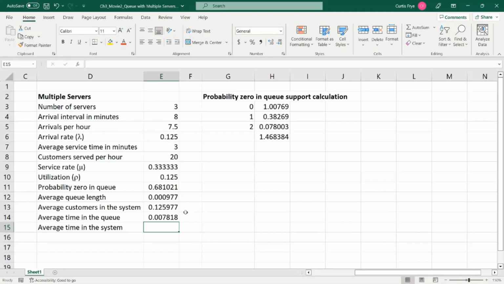And the average time in the system is the average service time plus the average time in the queue. So that will be E7 plus E14, and enter. And for an average of 3 minutes of service, we have an average time in the system of just a little bit over that. So what this means is that we have a very efficient system,